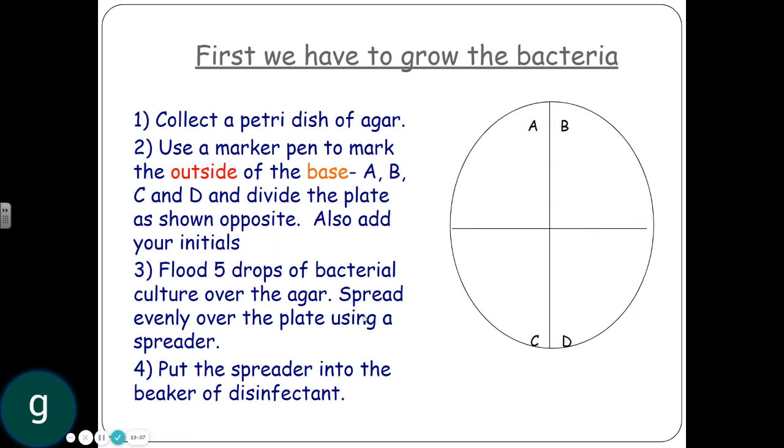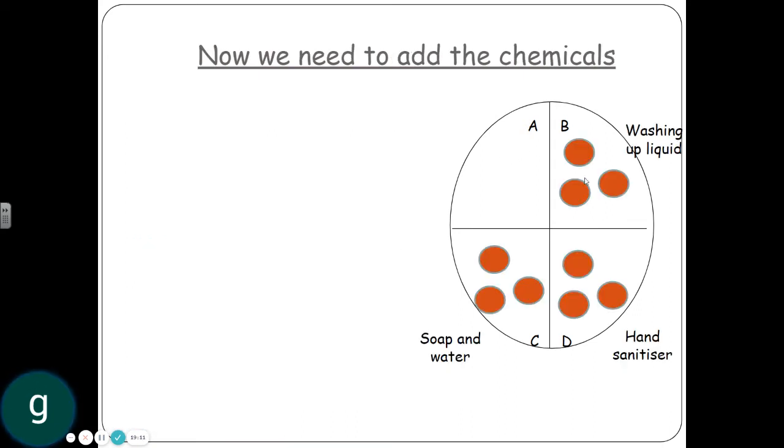You'll then clean the spreader so it doesn't infect people. What you would then do is put washing up liquid on one side, hand sanitizer on another bit, and soap and water on this bit here. But the easiest way to do that is if you soak a little absorbent disc in washing up liquid, hand sanitizer, and soap and water, and you put 3 of these discs in the appropriate corner. What should then happen